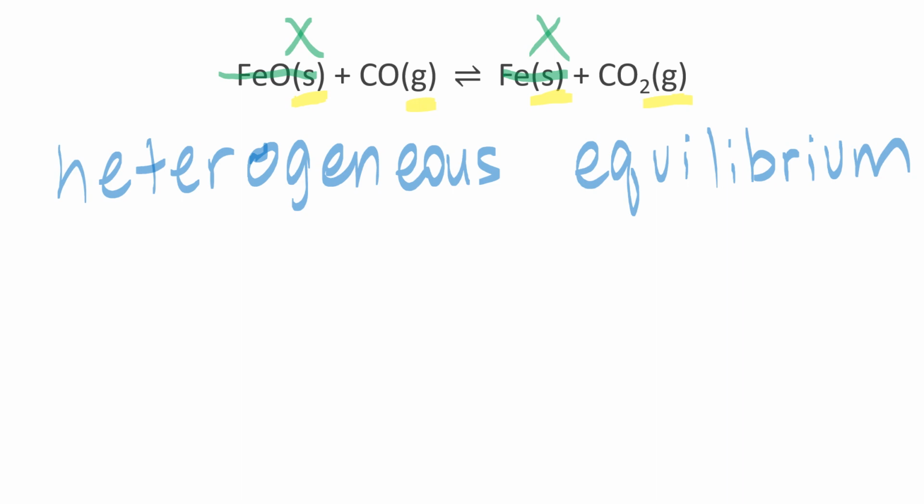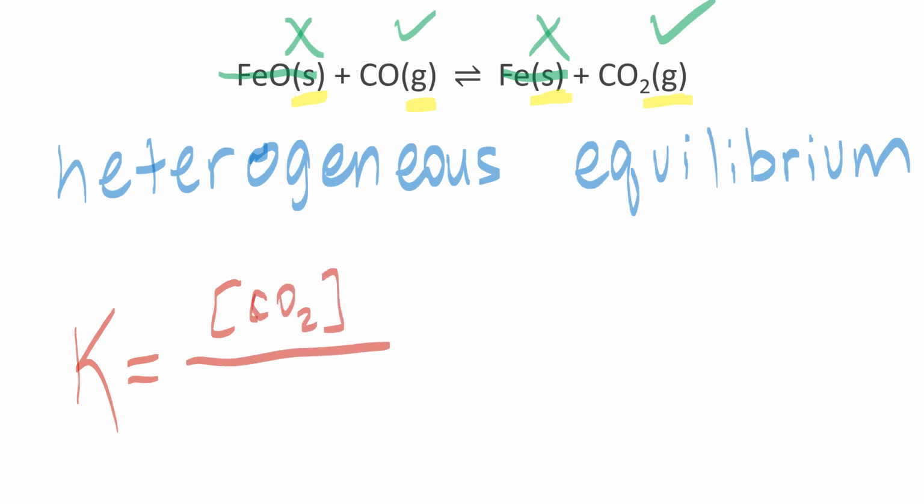We do include the gas phase, and again, we include the aqueous phase. We don't have aqueous present in this one. We only have the gas. So those are the only ones that will be included in our equilibrium expression. Again, we still have products over reactants. So only one product is included, which is our CO2. Only one reactant is included, which is our CO. We only have one of each, so this equilibrium expression is simply the concentration of carbon dioxide divided by the